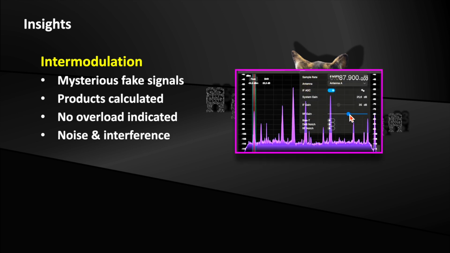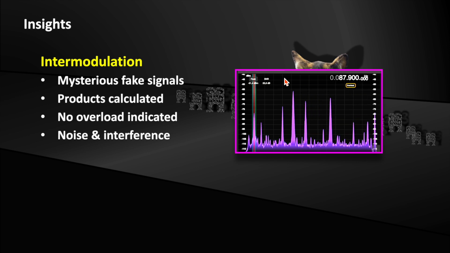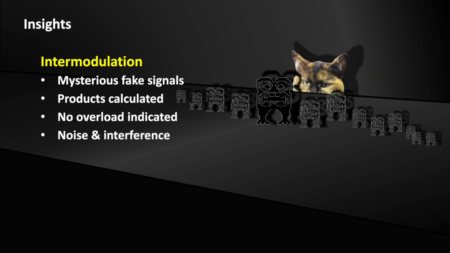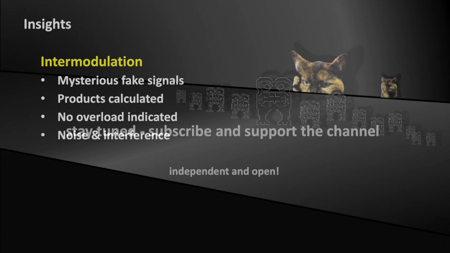We were provoking intermods on our SDR. However, receivers are sensitive to intermods in general. I can see them long before the preamp is indicating overload. Besides individual peaks in the spectrum, intermodulation is causing a kind of noise floor. Notch filtering of strong signals is reducing intermods really effectively.